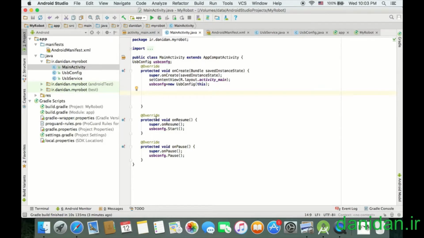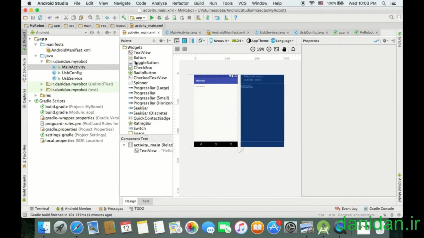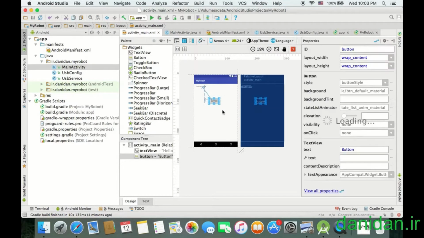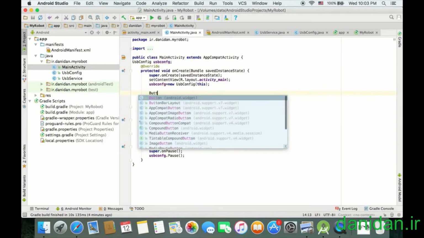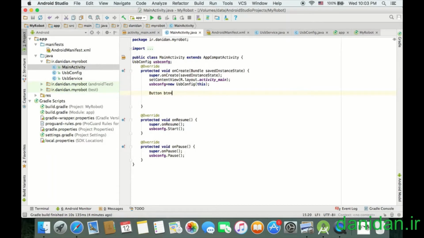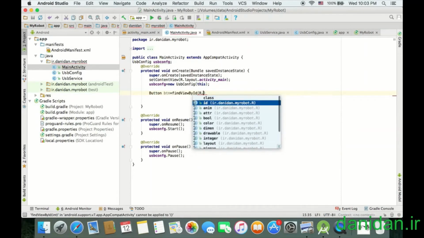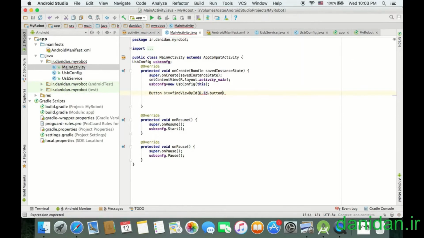So at this time, I try to design a simple layout so that with just a press of a button, I'm going to send the data via the USB port. So I just add the button on the layout, and then I define that button with this code: button